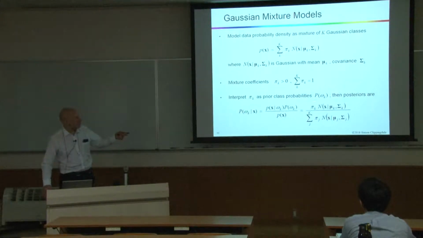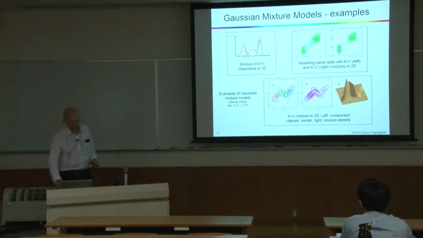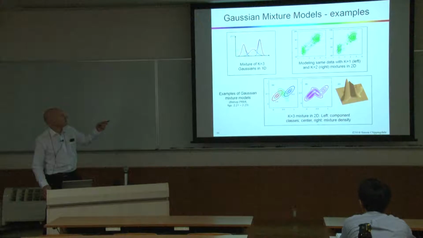And if you look at this, it is the mixture coefficient of the kth class times the Gaussian density for that class, divided by the sum of all of those over all the classes. In pictures, it looks like this. The red line here is the mixture density, and it's made from these 3 component blue Gaussians in